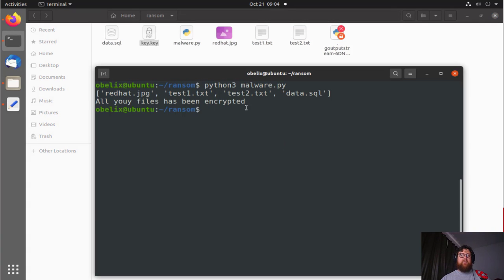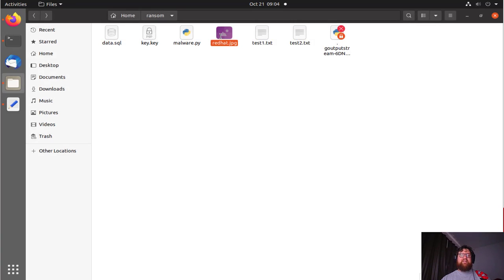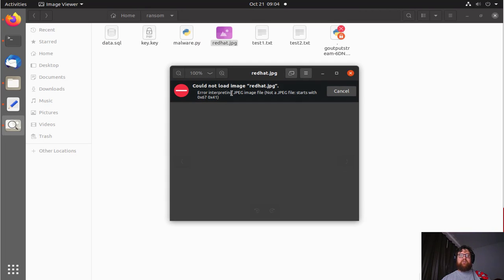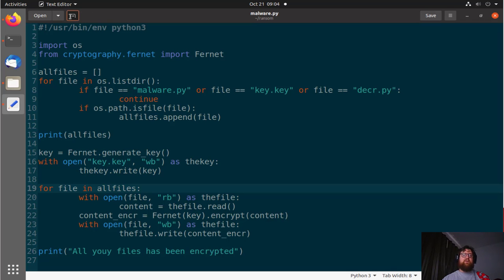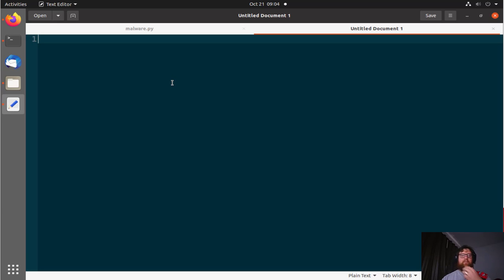So we encrypted, even the image could not be loaded. Okay, so it's already done, it's already encrypted, there is nothing else we can do if we don't have the password or if we don't have the key. So now one thing, we are going to create the decrypter. All right, so here